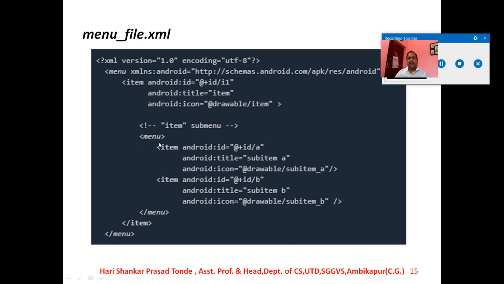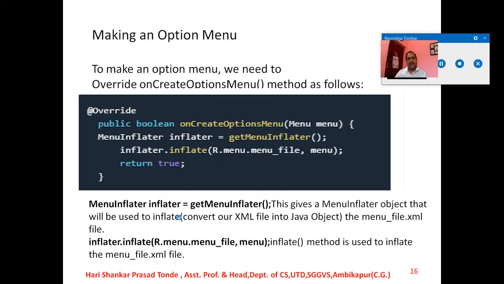Suppose the name of the menu is File, then inside this File, New is there, Save is there, Save As is there, Delete is there, Exit is there. So these are the various types of options which are going to be used. So likewise here A is there. Inside this A, you are going to write New, you are going to write Save, you are going to write Save As. So you can write likewise. So this is all about the item of this particular menu, and afterwards the item is closed, and afterwards the menu is closed.